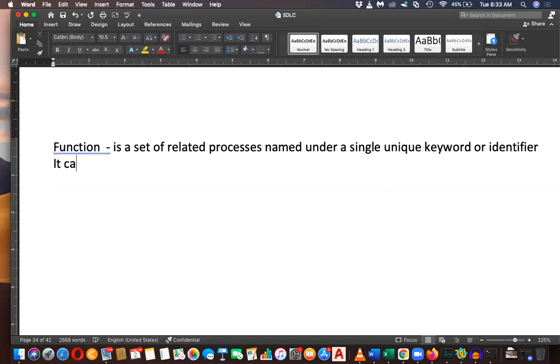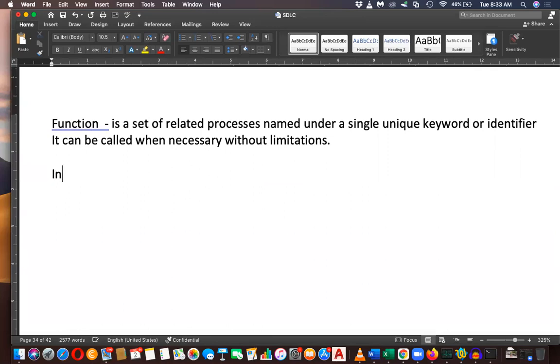It can be called when necessary without limitations.